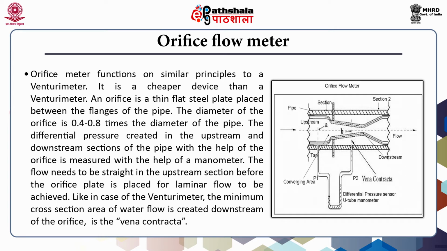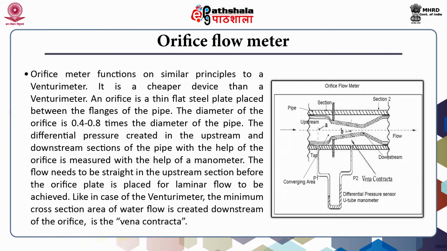but we allow V2 to eventually reach the V1 levels because the continuity equation has to be maintained, and this constriction is there only in a certain section of the pipe. Once again the pipe area is restored to flow at the velocity of V1. So this kind of constriction in the orifice flow meter is able to measure even small discharges very accurately.